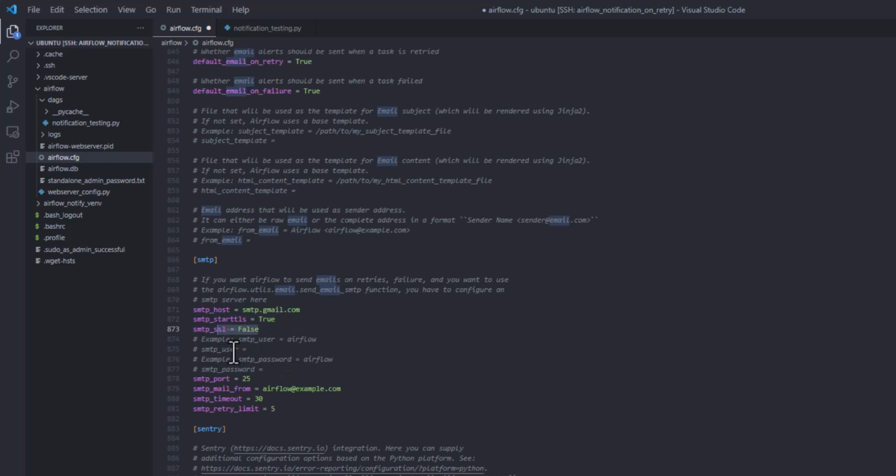So right here we have SMTP user and SMTP password. The SMTP user is going to be our email, but let's leave this right here. We are still going to come back to this. What is the SMTP port? It's going to be 587